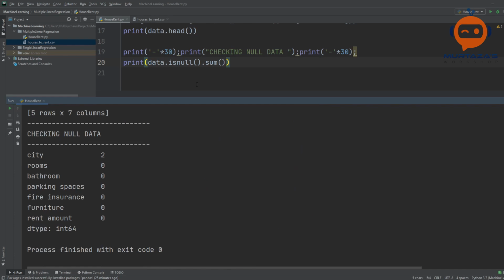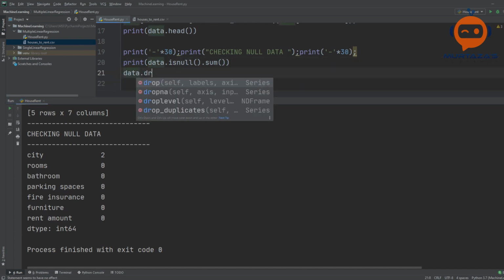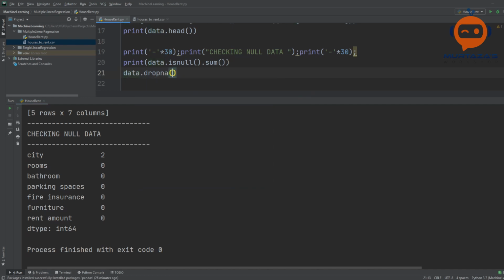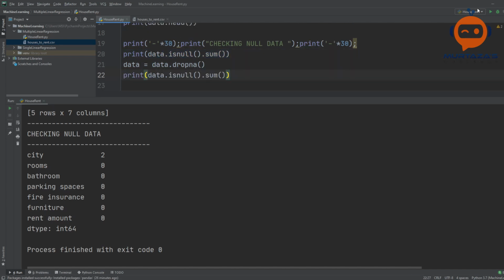But if you had, what should you do? That is the question, right? What you can do is use the drop method. So you can say data.dropna(), which drops the null values, and that is pretty much it. You just put it back to the data. So you will write data = data.dropna(), and if you run that, no, we have to copy it again. So if we run that, you will see that